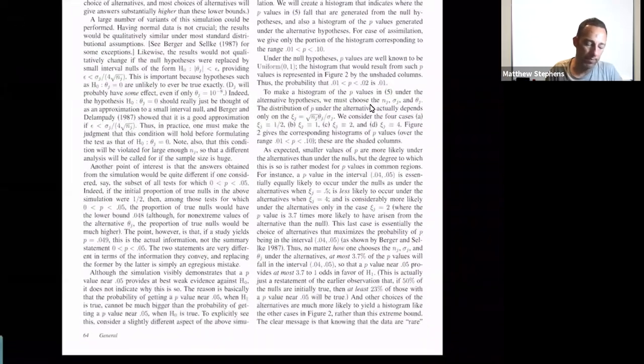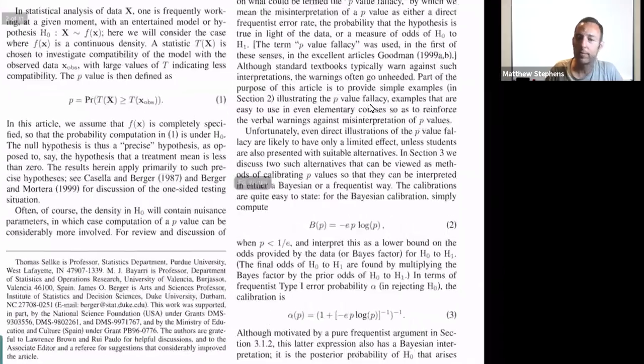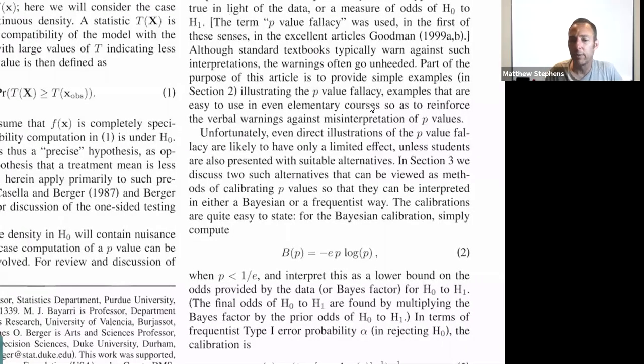I think they state the bound here, and we won't go over the derivation, but they essentially look at what the Bayes factor is for each different p-value, and use that to compute a bound. They bound the Bayes factor, or the likelihood ratio, if you like, and so using that, they can derive a bound for what's the strongest possible evidence against the null that a p-value of 0.05